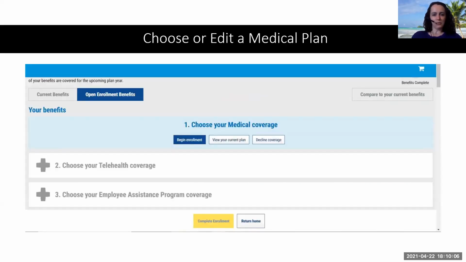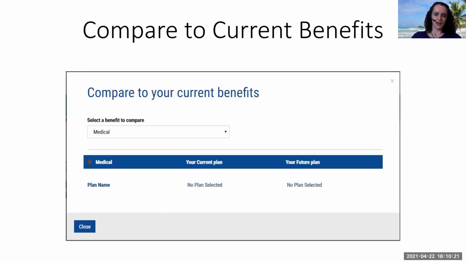When you get in, it won't look exactly like this, but it's very similar, where it has the open enrollment heading and shows which medical, dental, and vision you're currently enrolled in, if at all. When you're here, you would want to click edit coverage. One of the options available by clicking on the medical is comparing to your current benefits. That's one question we get a lot: what am I currently enrolled in? You can find it here in the portal to see what plan, what network, and who's on your plan.